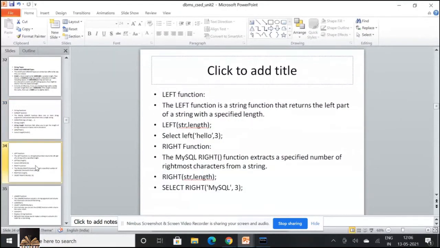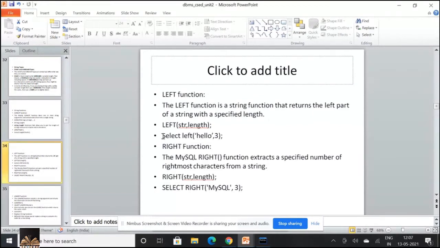Left function, if you are interested in retrieving the left part until a particular length, you're going to use left. If you are interested in retrieving the rightmost characters from a string of a particular length, you're going to work with right.